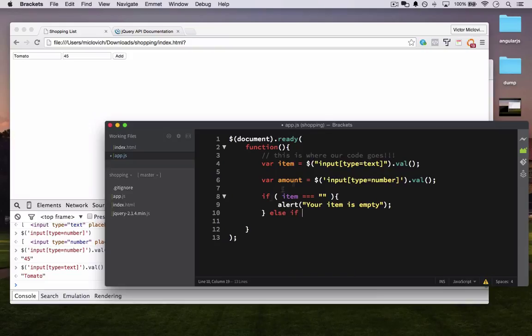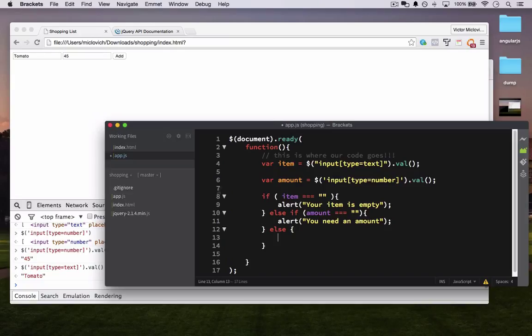We also have a small extension called else if item. Now in this case, let's say amount is also empty. We can say you need an amount. Then we can put an explicit else, meaning, okay, if everything is actually a value that we need,